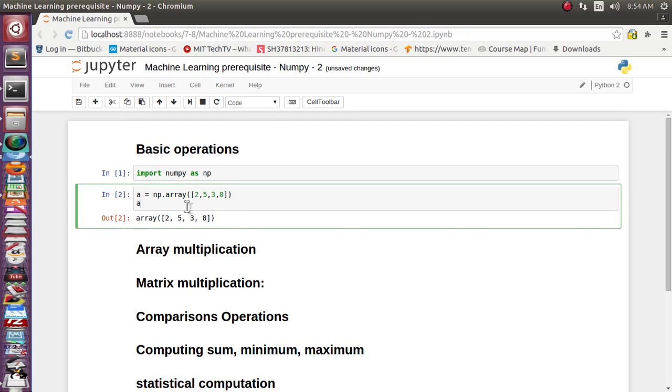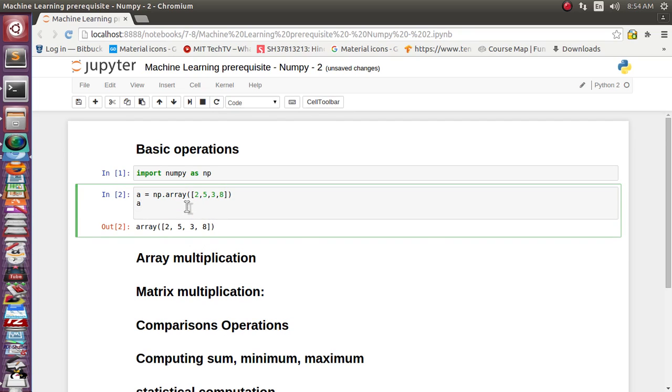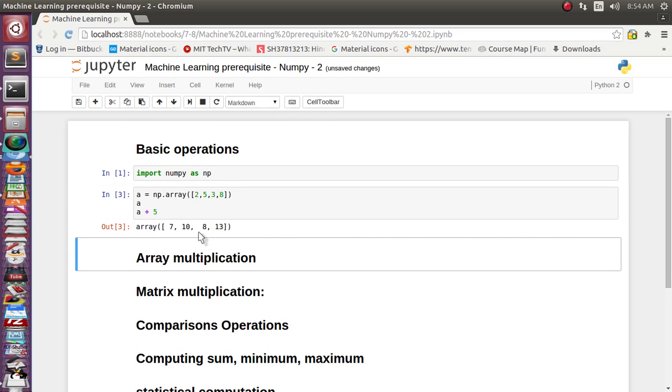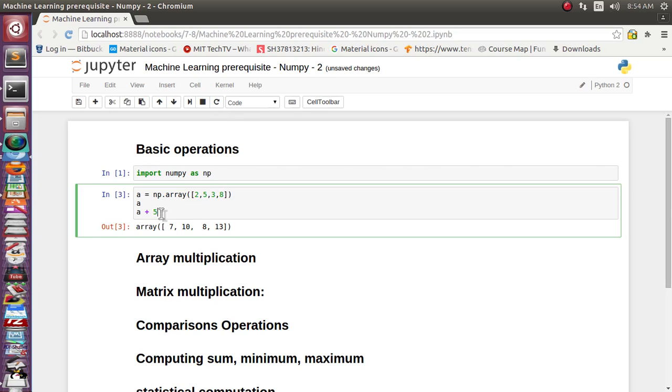Now suppose we want to add just 5 to each and every element of this array. Just check: 2 plus 5 is 7, 5 plus 5 is 10. So adding 5 will take care of everything, and it will add 5 to each and every element.